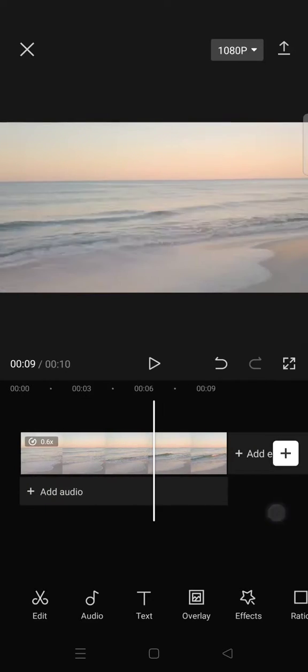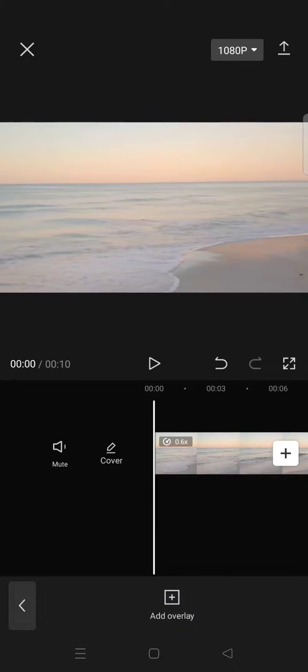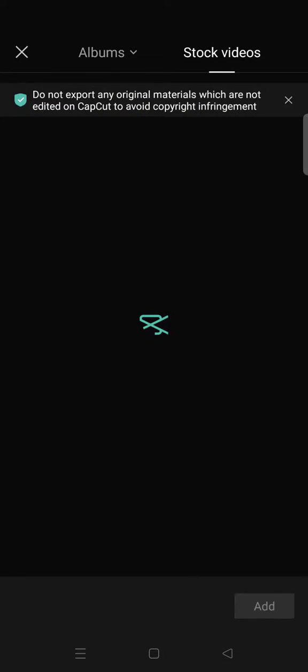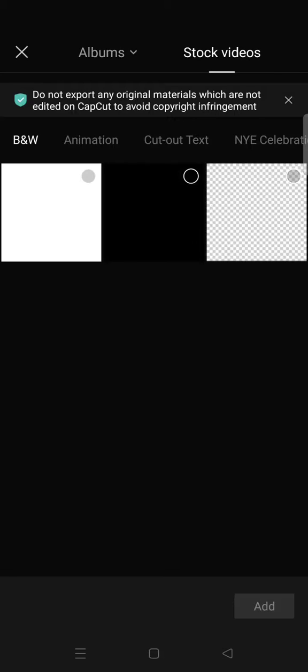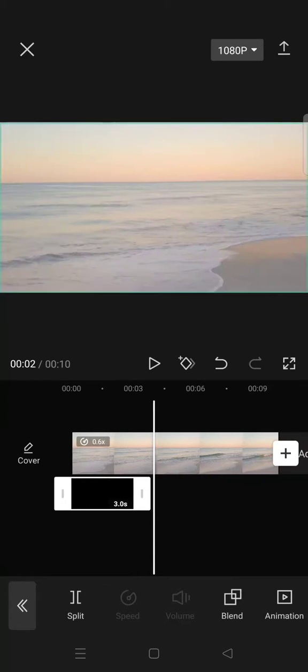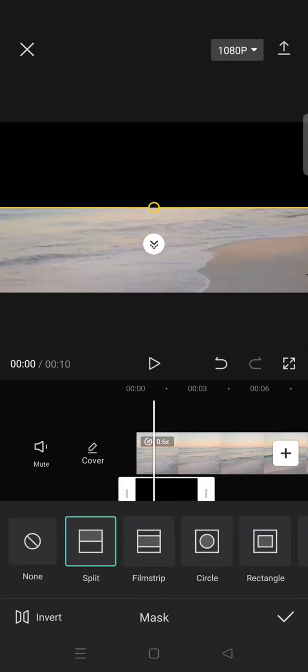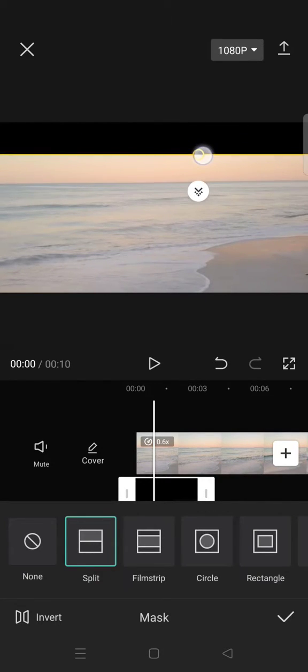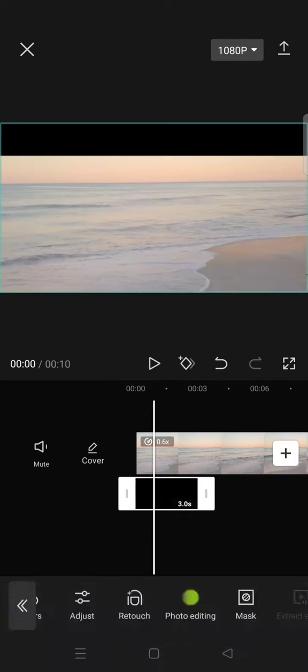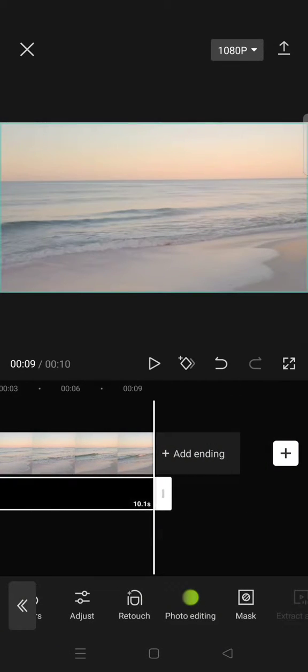Okay, now go to overlay and add a black image under the stock videos. Fit the size and then go to mask, then select split. Okay, drag it to the top like this, click on a check icon, then copy the black overlay and put